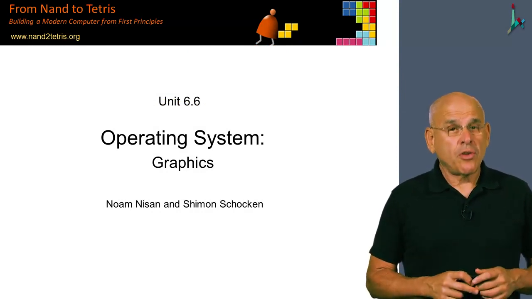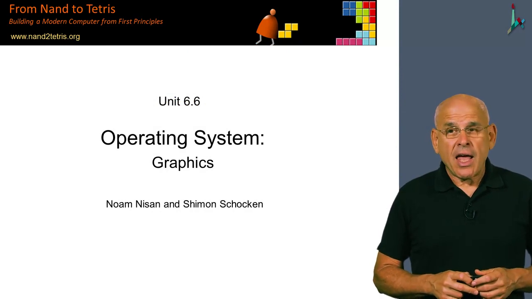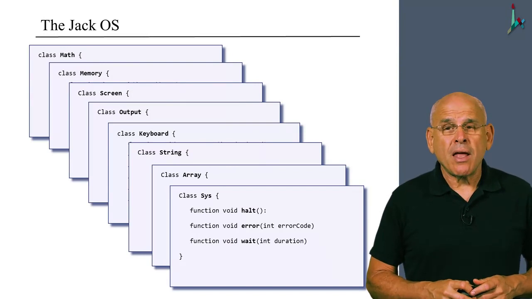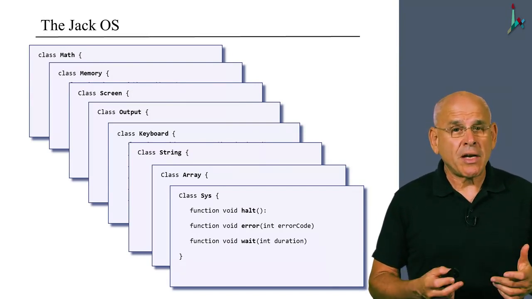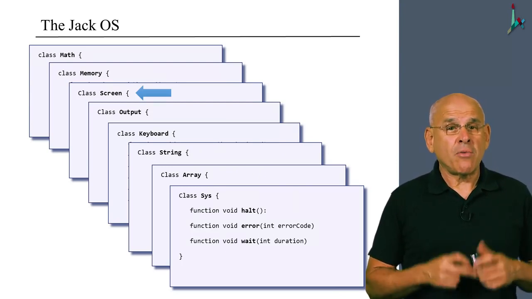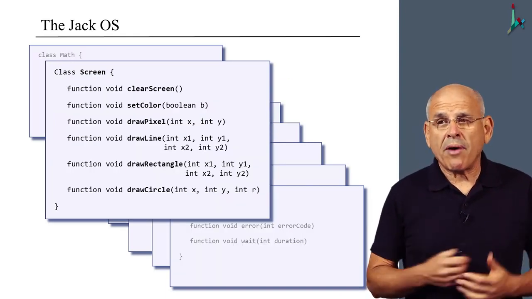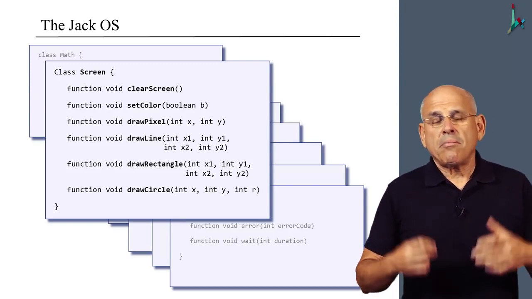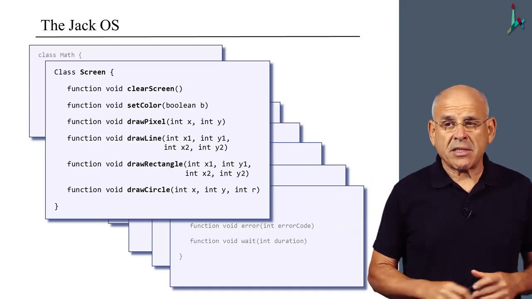So, welcome to Unit 6.6, in which we are going to talk about graphics. In particular, we are implementing the Jack operating system, and the class that is relevant to this module is the Screen class, which we're going to use to handle all the graphical operations of our programs. And in particular, we'll talk about this library that features several basic operations for drawing figures and pixels on the